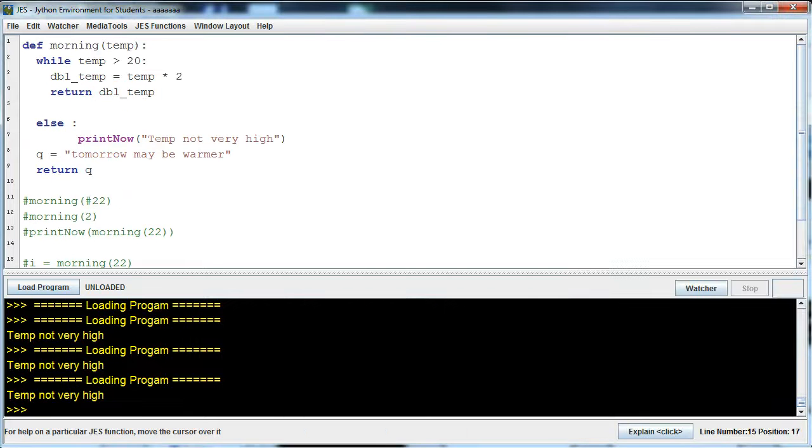Right, I typed up this program here, and it's the morning temp one. The definition of the program is called morning. It accepts a value, which it stores in the variable temp. While temp is greater than 20,